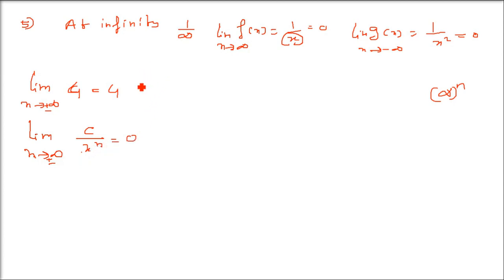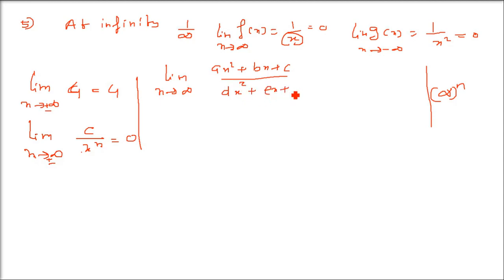So there are steps which we have to take, and I'll explain it with an example. So how do we do this? See, first we have limit x tends to infinity of ax square plus bx plus c, and the denominator as dx square plus ex plus f. Now if I apply infinity directly, we are going to get infinite by infinite. Anything added to infinite will be infinite. So we don't want this.